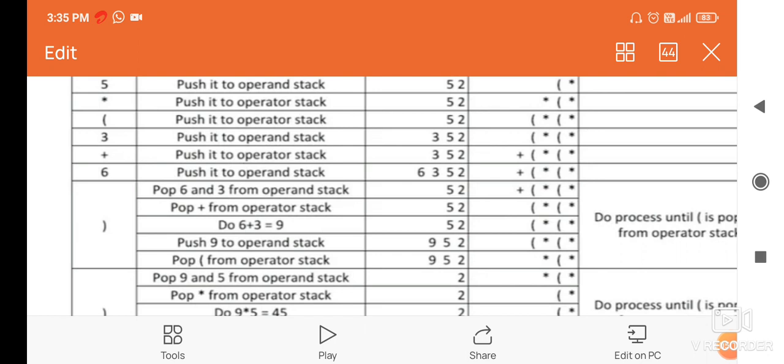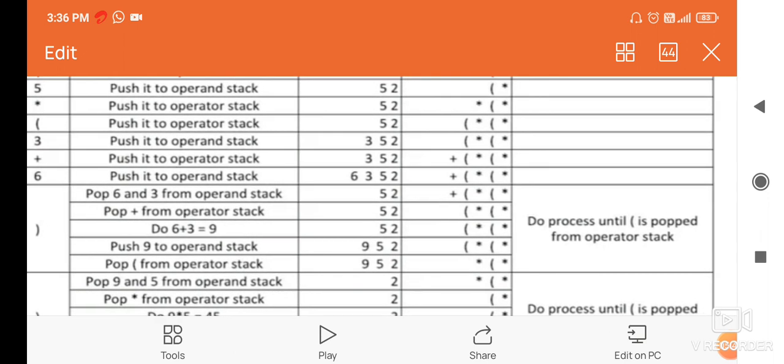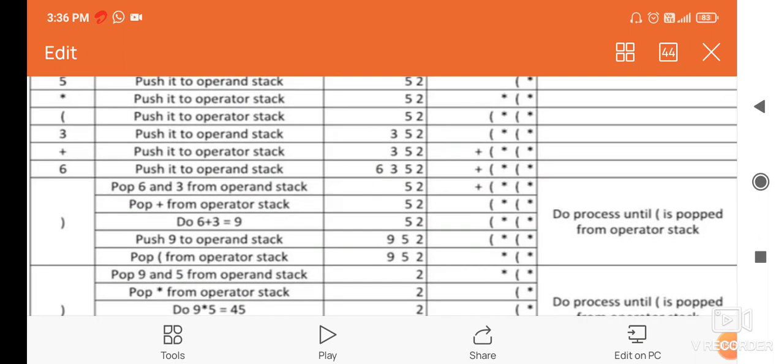Then push 9 to the operand stack and pop the open parenthesis from the operator stack. So 9 is inserted into the operand stack, and one open parenthesis remains in the operator stack. So do the process until the open parenthesis is popped from the operator stack, right?